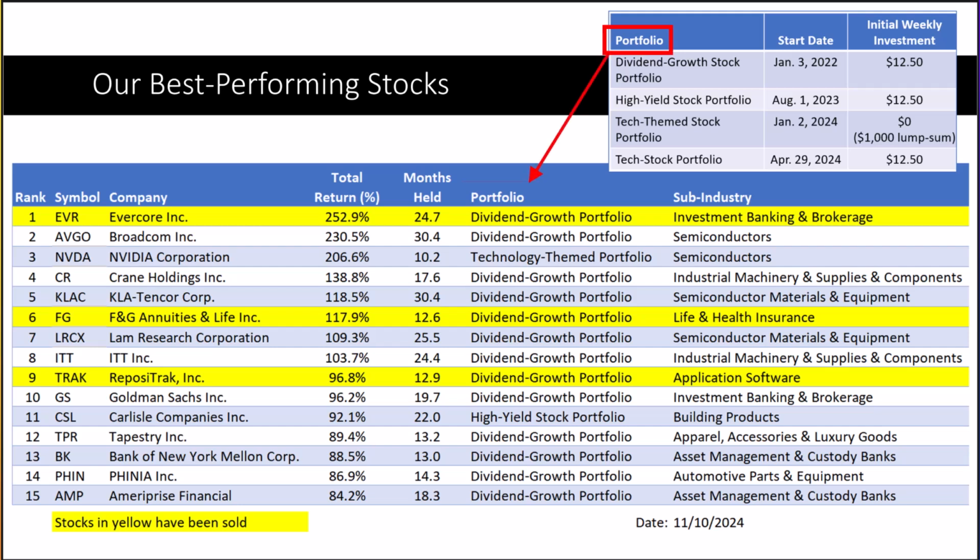Now this slide shows our best performing stocks based on when they were initially purchased. This includes all 4 of our portfolios, but as you can see in the upper right, the dividend-growth stock portfolio was started much earlier than our other portfolios, which means the stocks in the portfolio have had much more time to see their prices rise. Therefore, this list of best performing stocks thus far will be dominated by our dividend-growth stock portfolio, at least for